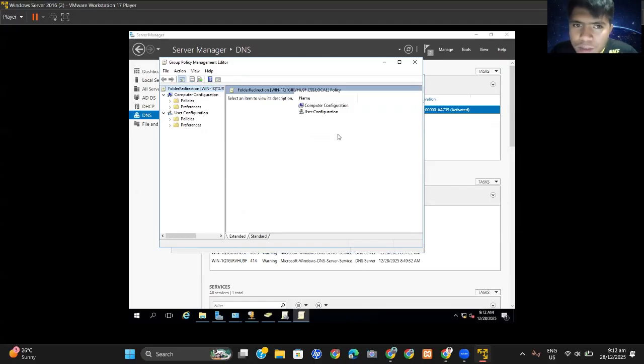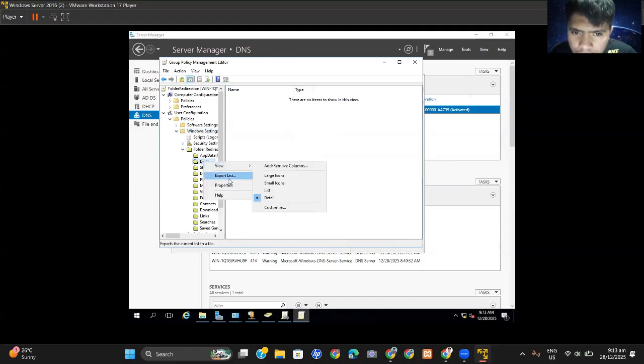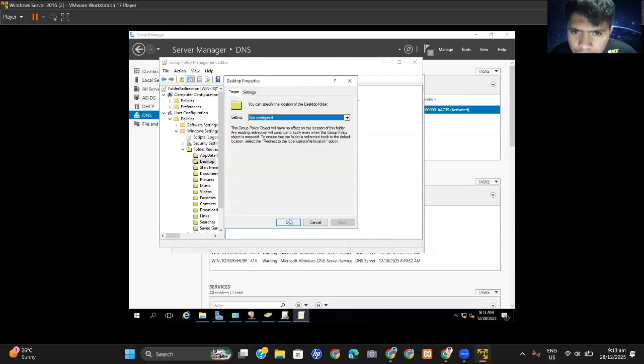As you can see, once we right click the name of the folder redirection, we need to add policies. So just click the Windows settings. Then we need to select the folder redirection in here, and we need to set properties in here. So right click here. Then properties.